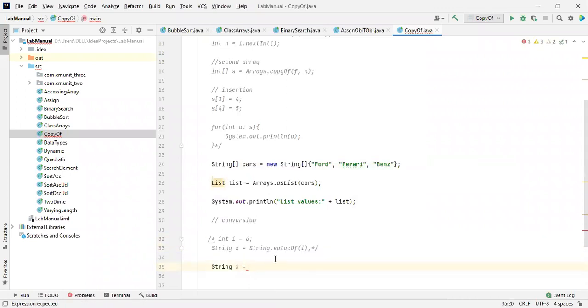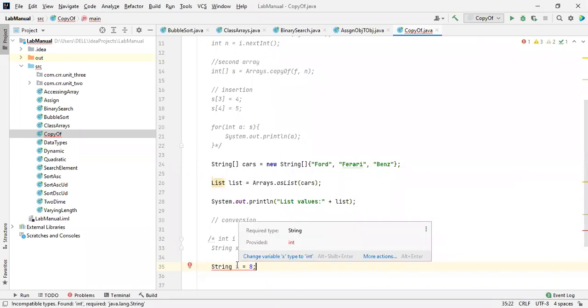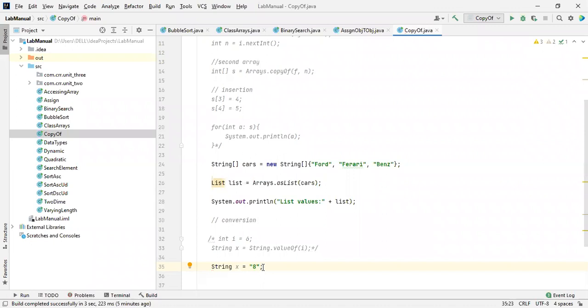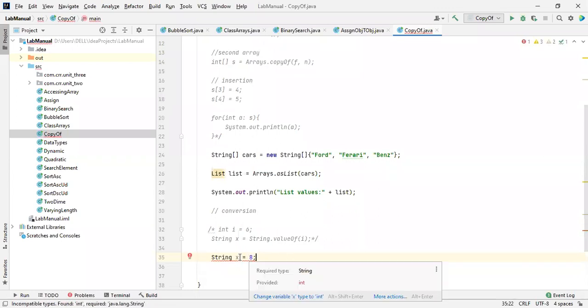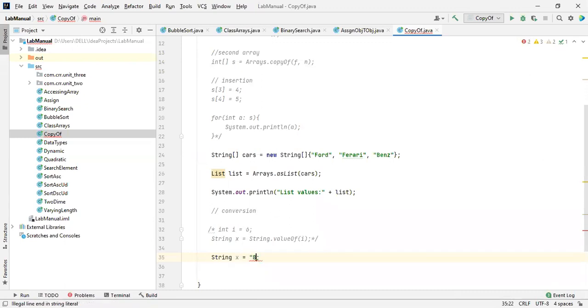Okay, now I'm going to take a value 8. So it throws an error. Why is it throwing an error? This is not a string, this is an integer. How is this going to identify whether this is a string or not? Whatever you mention inside double quotes is considered a string only. If you mention directly like 8, it will say, sorry, this is not my value. If you want to assign a string value to me, it is essential to mention it inside double quotes. Got my point? So that's why we need to mention it as a double quote value.